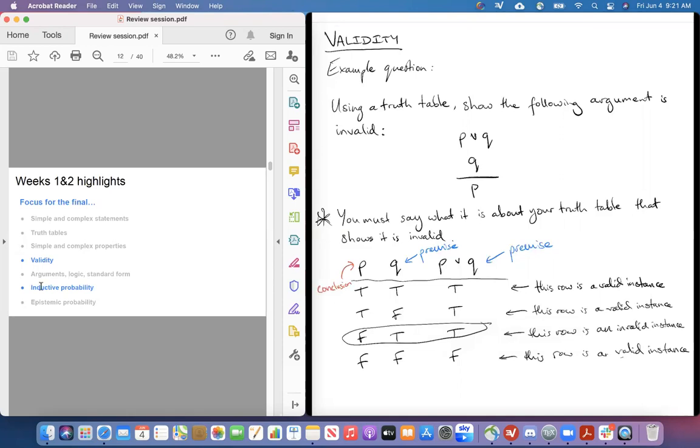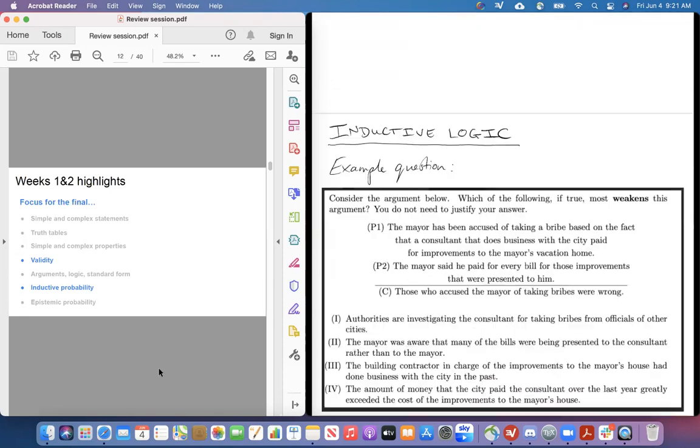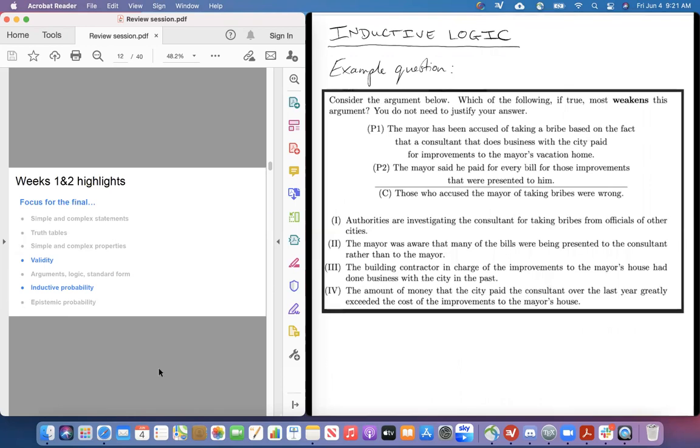Now, looking back at the left-hand side of my screen again, so we've taken care of validity here. So we're going to have a look at an example question that tests your understanding of inductive probability. Let me scroll down. So here we are, inductive logic, inductive probability, that should say. So here is an example question. I'm sure you all remember this type of question from the first test. These were